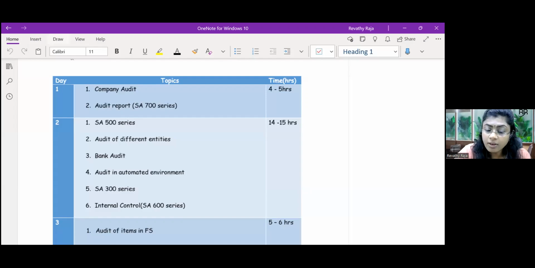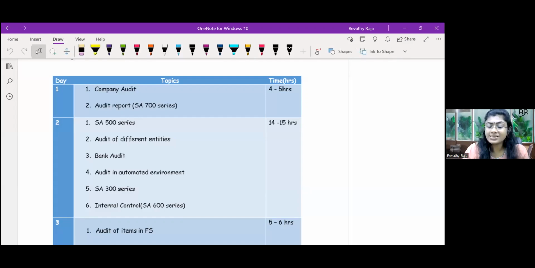So after giving your advanced accounts exam evening time, I know after the exam you will be tired. So you can't spend much of the time. But still, we should not waste that day. We should spend around 4 to 5 hours in the evening towards the night. Now that day, we can take topic which you are more familiar, like company audit.